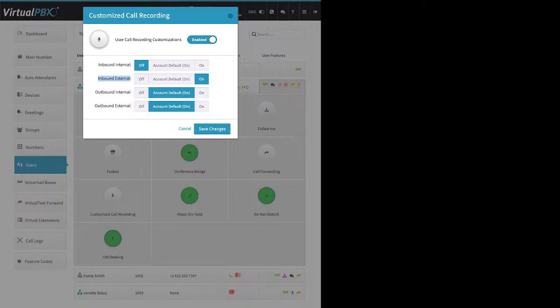Outbound internal: I called coworker Dante. And then outbound external: I called customer Mary. So we often see this, the external ones or all 4. Now, your account includes some amount of data storage as part of your monthly plan price. I believe it's listed on the pricing page, but if not, you can always reach out to our account services team,